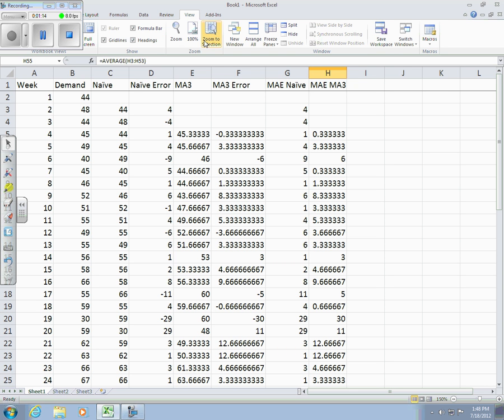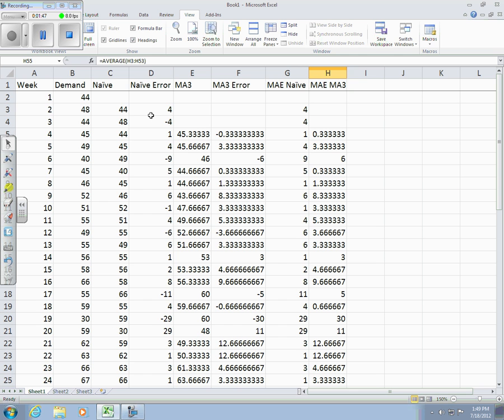So take this moving average 3, the 3-period moving average. If you think about it, this 45.1333 was calculated by going 1/3 times 44 plus 1/3 times 48 plus 1/3 times 44, which is how we, of course, take an average. So this very latest data, the 44 in week 3, carried 1/3 of the weight, where in the naive forecast it carried 100% of the weight. This 44 here carried 100% of the weight there. So